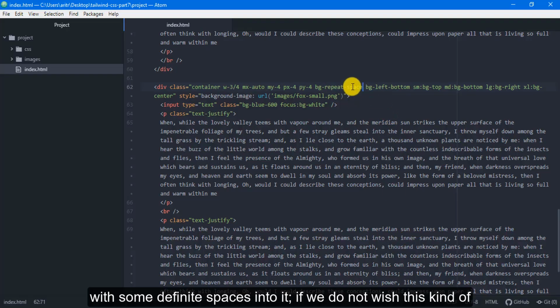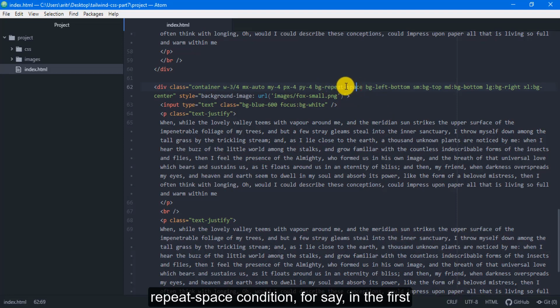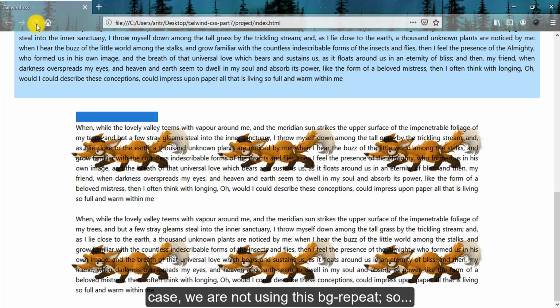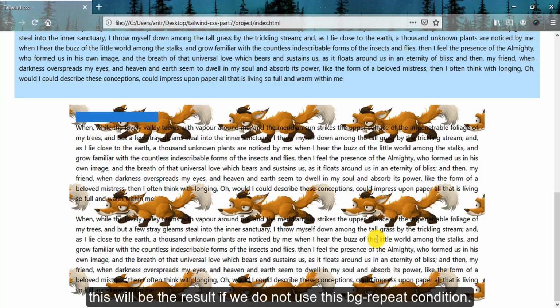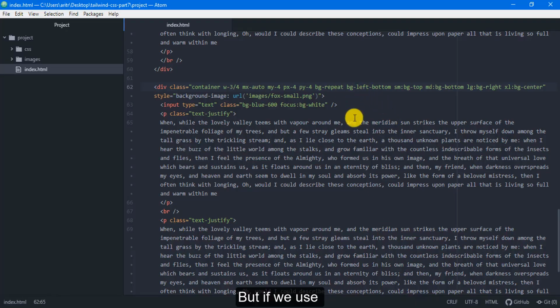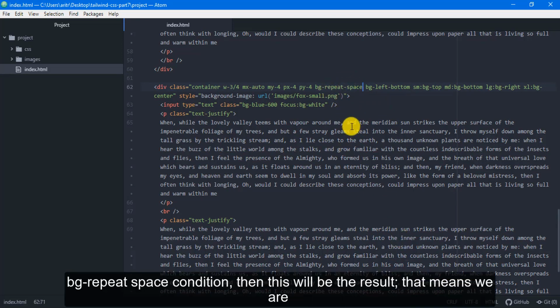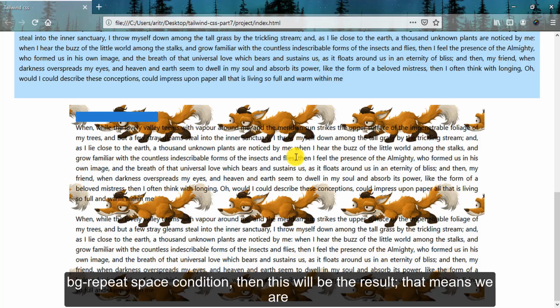If we do not wish this kind of repeat space condition, say in the first place we are not using this BG repeat, then this will be the result. But if we do not use BG repeat space condition, then this will be the result.